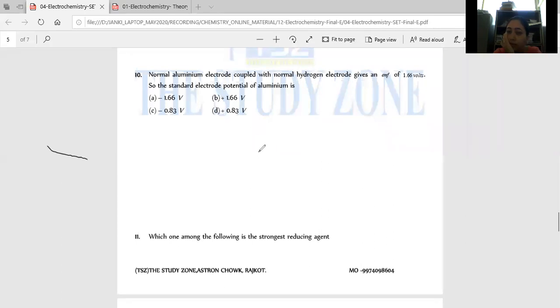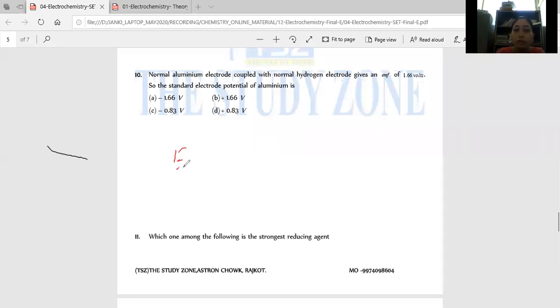Yes. Yes, electrochemical series. Aluminum gets attached with the hydrogen electrode in the electrochemical series. Yes, this is the proper answer. I know everyone knows it is the anode, but this is the proper answer according to the electrochemical series. When we connect the standard aluminum electrode with the hydrogen electrode, at that time aluminum will work as an anode. Aluminum always undergoes oxidation and hydrogen has to undergo reduction. Accordingly, you follow this.